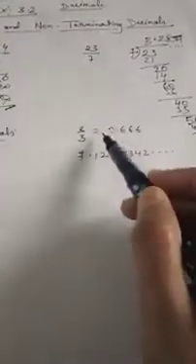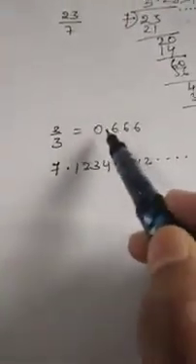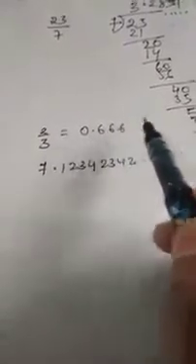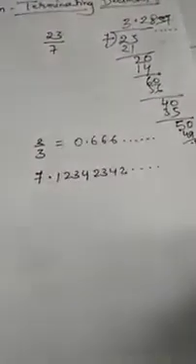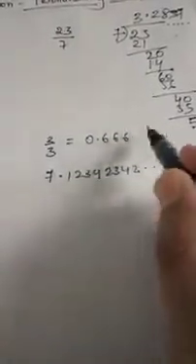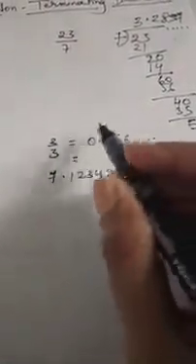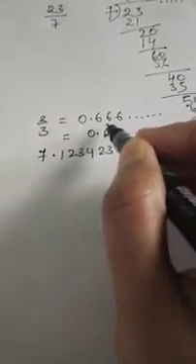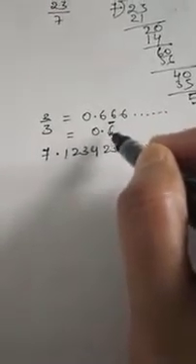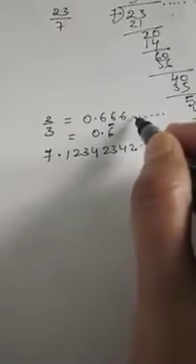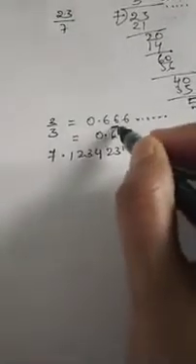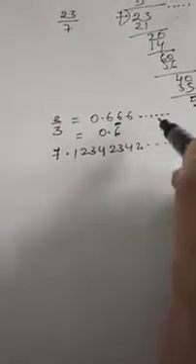For example, 2 by 3, if you divide it, we'll get 0.6666 like this. It will continue to go on. 6 will be repeating. So this kind of decimal is known as a recurring decimal. We can write it like this: 0.6, and above 6 we will have to put one bar. This bar shows that digit 6 is repeating continuously. If we write like this, no need to give dot dot dot. This bar only shows that this 6 is repeating.